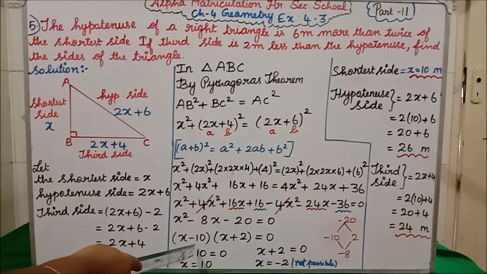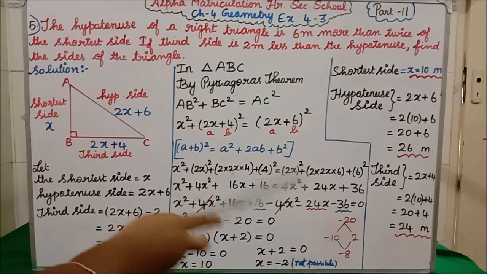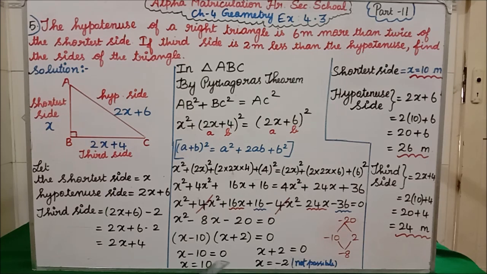Here, take this separately and this separately equal to 0. X minus 10 equal to 0. From this, x equal to what will you get? Minus 10 if it goes that side, what will you get? Plus 10. Clear all of you? Similarly, if this x goes that side, minus 2 is not possible. Because it is a length, how will you say a negative value? We cannot say a negative value, isn't it? So we are neglecting this minus value and we are taking x equal to 10 alone.